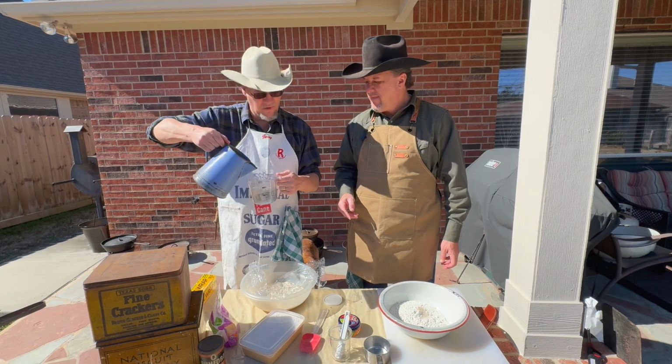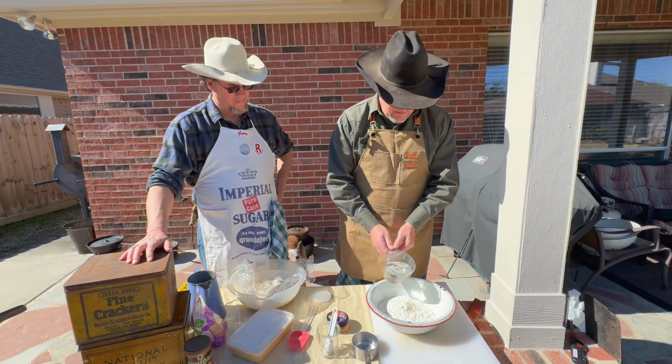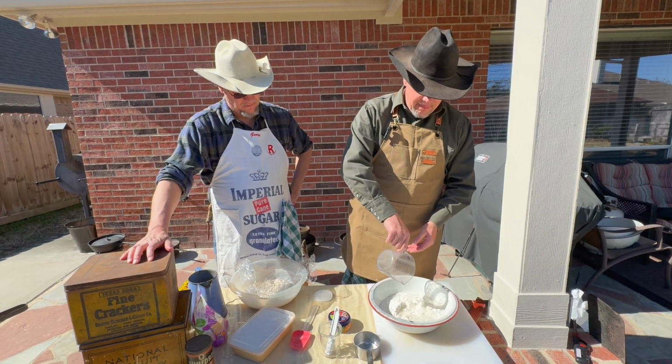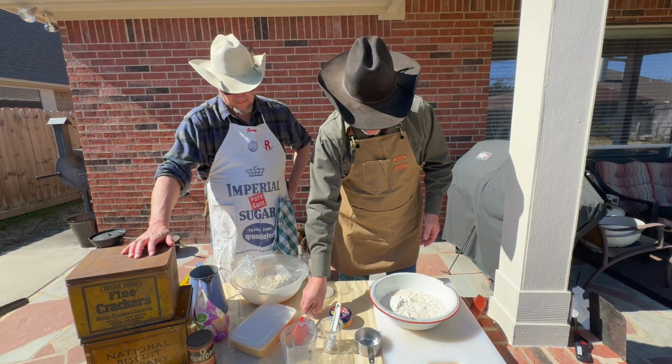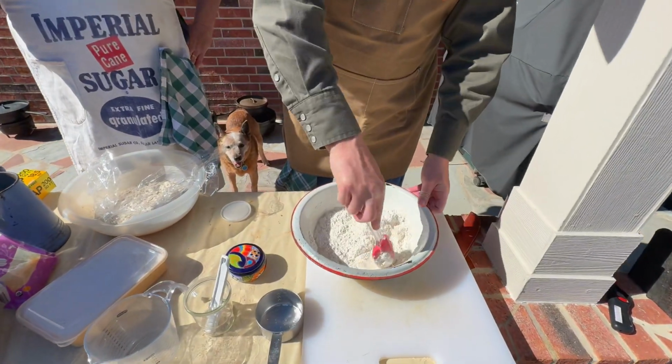Is this just regular cold water or is it warmed? This is regular cold water. You do not have to use lukewarm water in this. And we'll just pour it in and stir. Guys, I hope y'all know how to stir. And you stir this until you get a